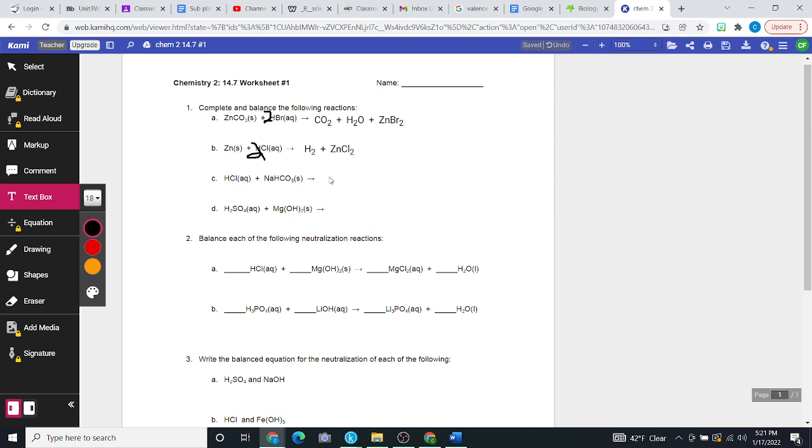All right, on C, I've got my acid. This time it's over here. It does not matter if it's the first thing I write or if it's on the other side of the plus sign. But it's an acid, and I see this CO3, which is a carbonate. So that tells me right away that it's going to be CO2